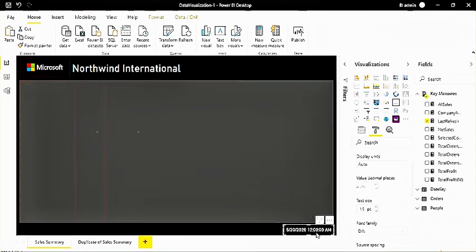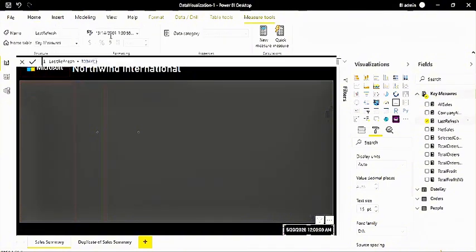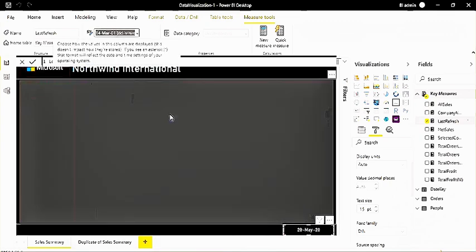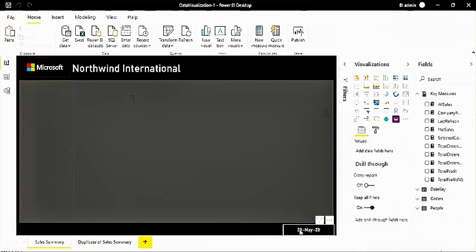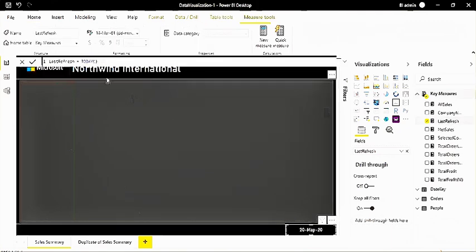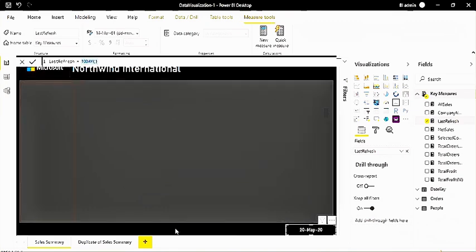If you want to show the time also, then you can use a different function, right? But if you just want to show the date only, then you can show the date, and instead of showing this time, you can just go here and change the format of this column, right? So just choose this one. Now let's say if you want to add something else here, for example, if you want to show a text string along with this date, like let's say last refreshed date is, or last refreshed at this. So what you can do, you can just do a concatenation of that last refresh date with this today date. Okay, and then you can display that text value here.